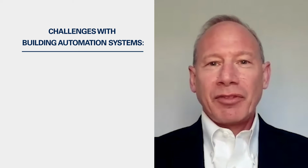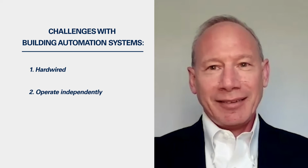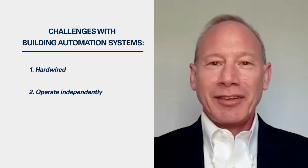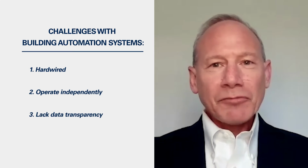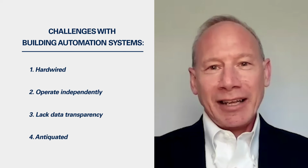So today, hospitals have building automation systems, which capture things like temperature and humidity control, and they've actually been around for decades. The problem is that they're often hardwired. They're designed to operate as an independent system, and the transparency of the data is often suspect. So as a result, these systems are somewhat antiquated, and they're not giving owners really the information they need to